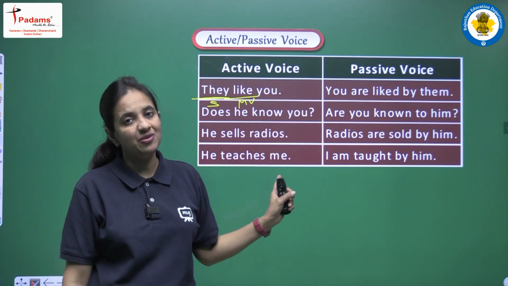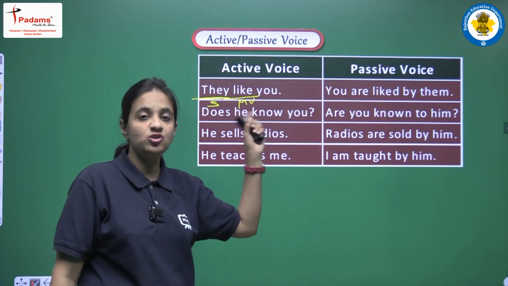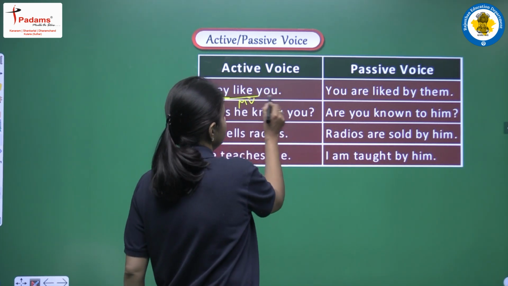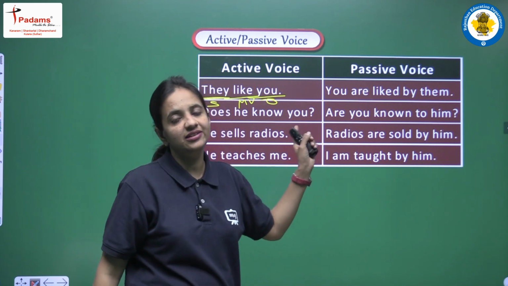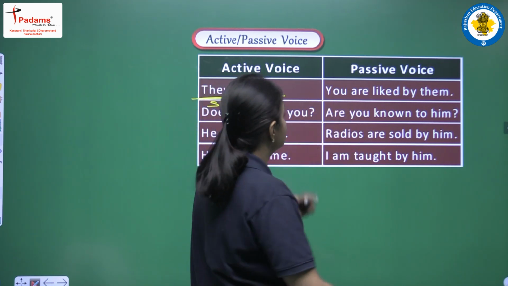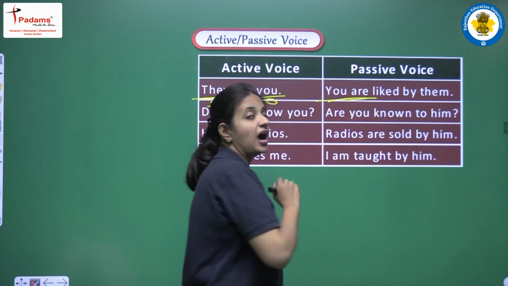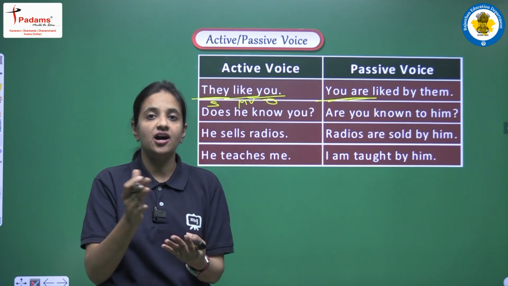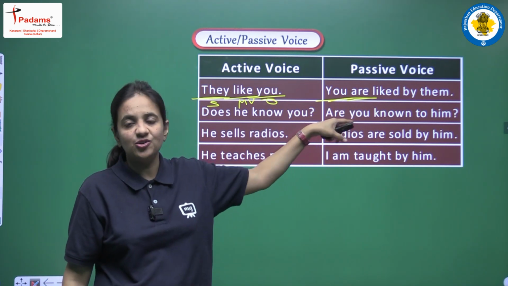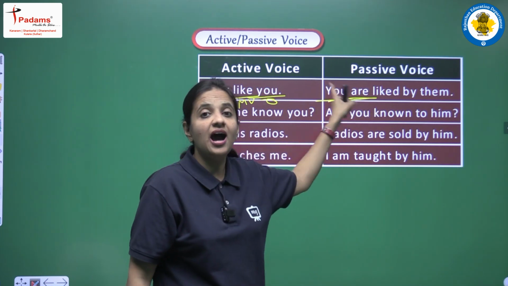So when we have present simple tense, yes, we have to use is, are or am. So let's see how. Our object is you. We all know that in passive voice first of all we have to write the object. So here we have the object you. After you we have are. We have to use is, are or am. You is known as a plural subject. So now we are adding are here, right?